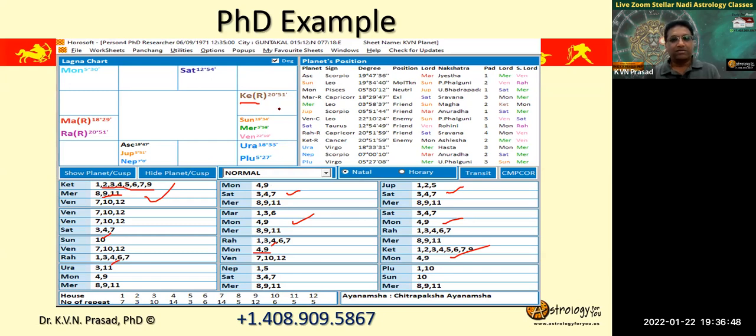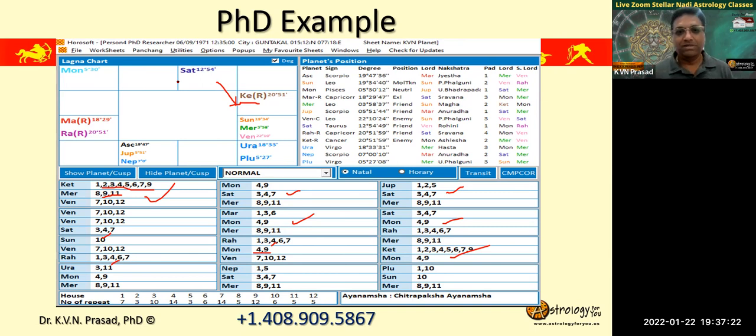So what is rule number 3? Saturn connection. Is there a connection to Saturn with the ninth house? It's aspecting as a third aspect. So what did I say? The connection is aspect, conjunction, nakshatra or sublord.